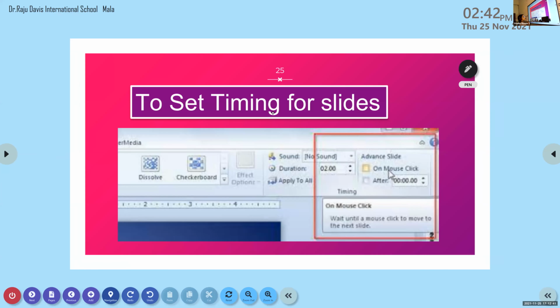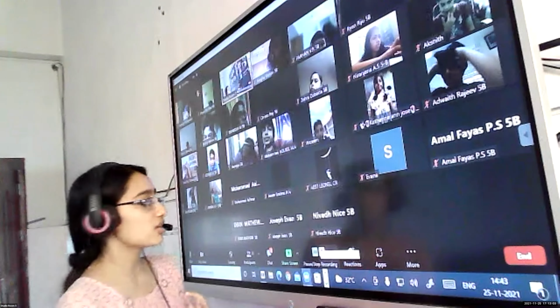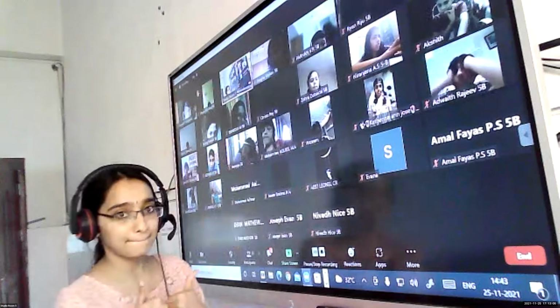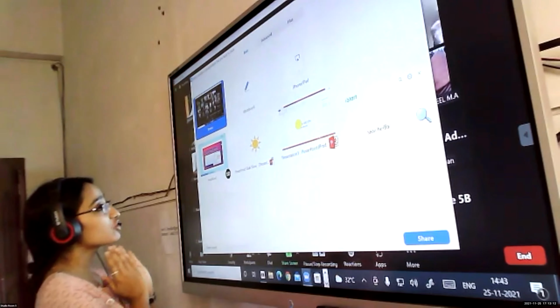Now we have discussed speed and sound. If you want, we can also go with time. When I was clicking the mouse to shift from one effect to another, other than that, I can also set a timer. For that, there are different options. I will show you how we can set a timer, how we can set a sound, how we can set everything that we have discussed right now. Are you ready to see? Yes. Okay, first you just listen to me. After that, we will have a discussion.